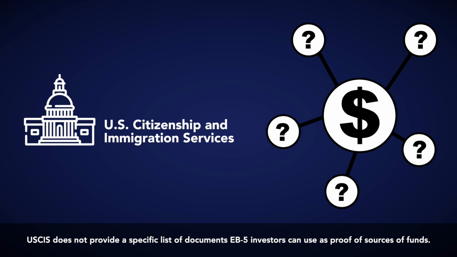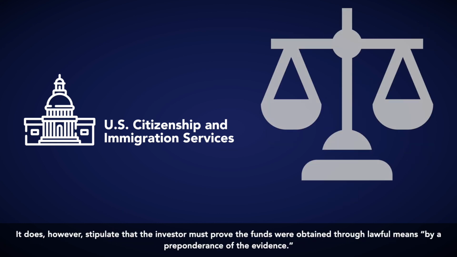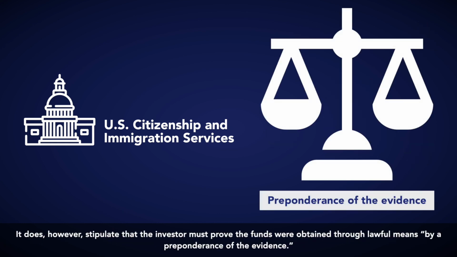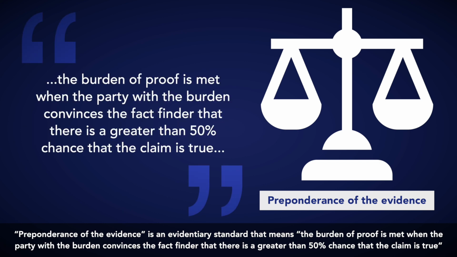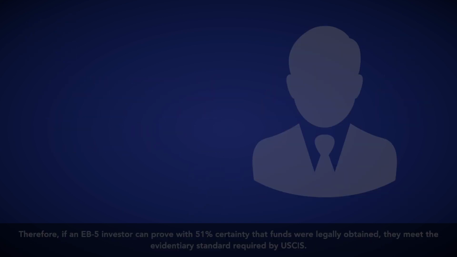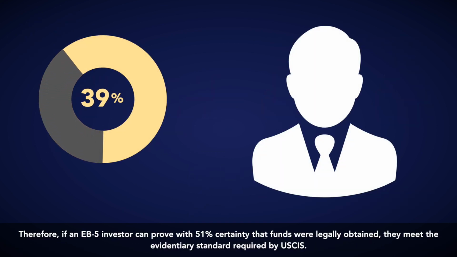USCIS does not provide a specific list of documents EB-5 investors can use as proof of source of funds. It does, however, stipulate that the investor must prove the funds were obtained through lawful means by a preponderance of the evidence. Preponderance of the evidence is an evidentiary standard that means the burden of proof is met when the party with the burden convinces the fact finder that there is a greater than 50% chance that the claim is true. Therefore, if an EB-5 investor can prove with 51% certainty that funds were legally obtained,